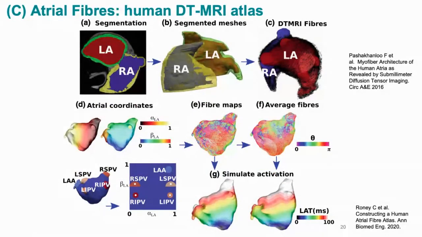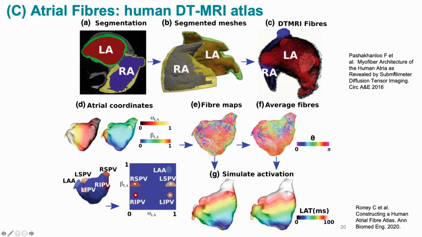Now, once we've got this mapping, we can then use it for other things. So atrial tissue has electrical anisotropy, where conduction is faster along fibre directions than transverse to the fibre directions. And to include this in the models, we've constructed a human atrial fibre atlas, and we did this from this